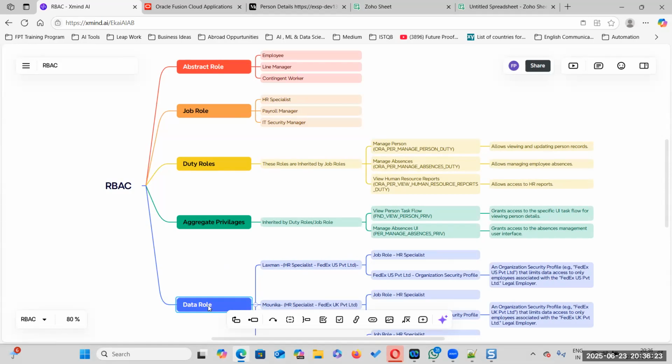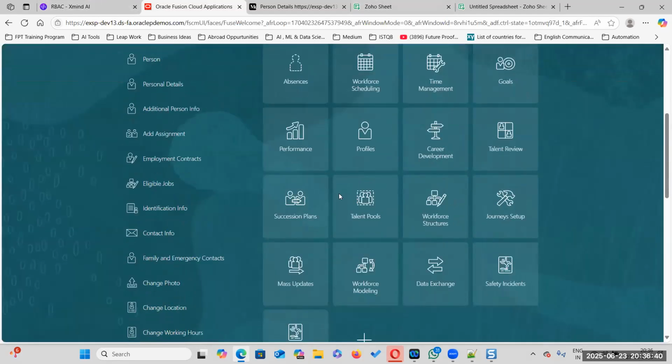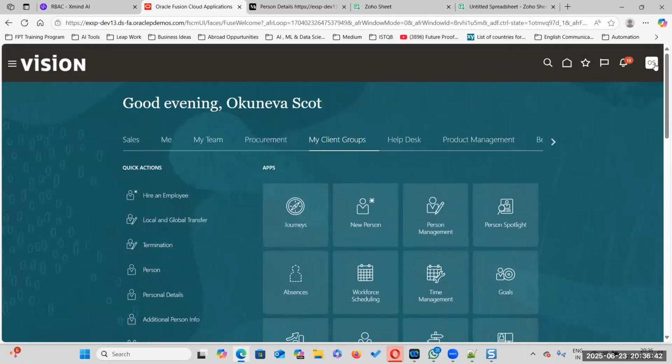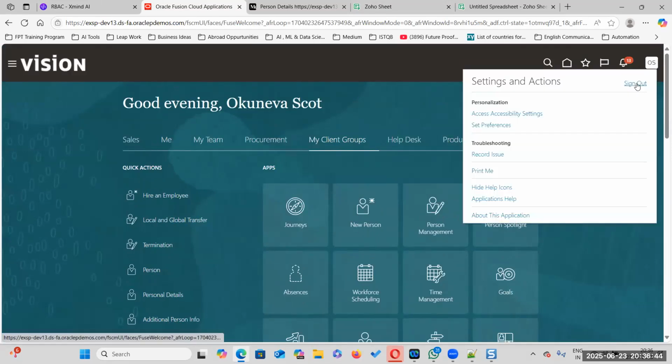IT security manager. So in order to create the data role, you need to have the IT security manager job role. Now what I have to add? IT security manager job role. Again, come here, sign out.